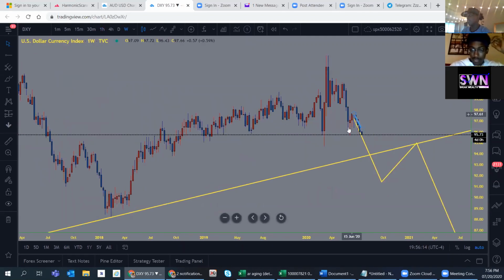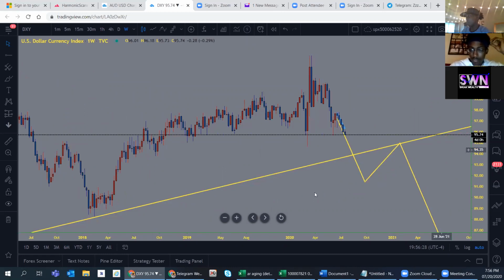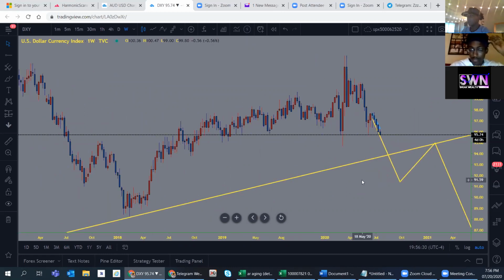But I know on the weekly we had this 25 to life setup. So we know the dollar is super weak. This thing is ridiculous, less than $96 at this point. Before you trade, it's good to come to the DXY